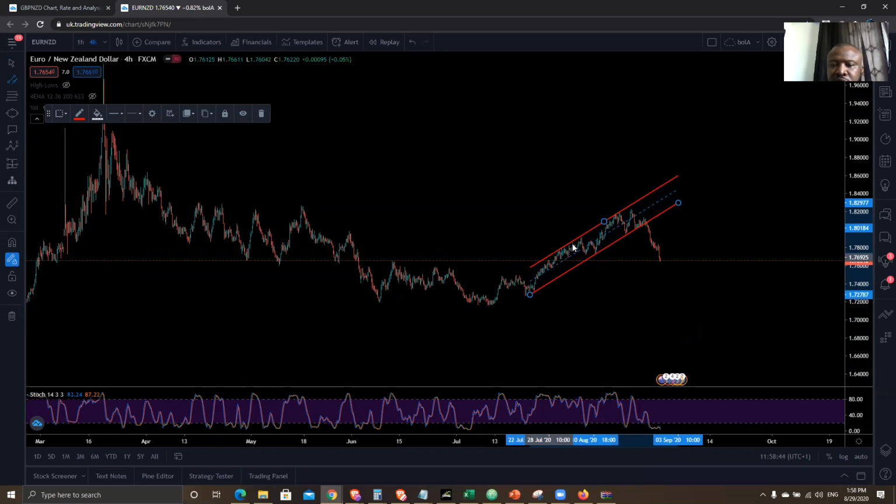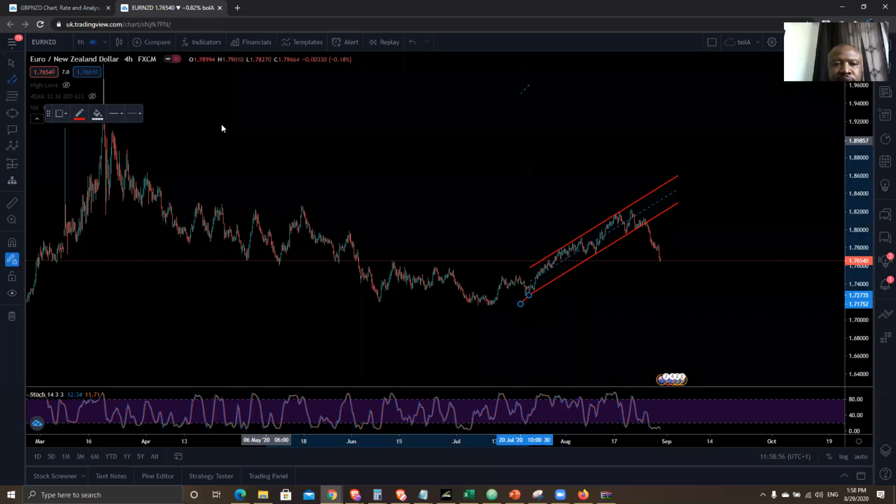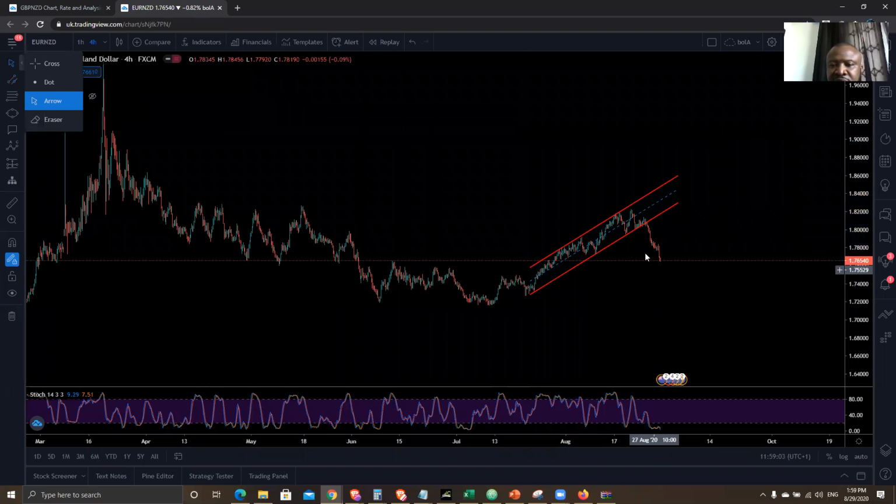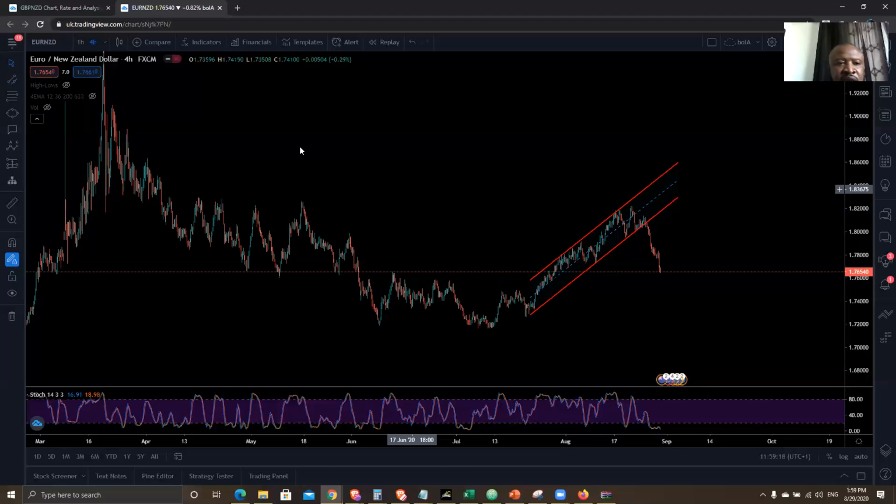So, and this is what I'm saying about restructure. Once you have a structure like this and it's broken, off we go. And the target will be this low, right? So this is the reason why we do multi-analysis, to actually be able to see things clearly. So when you look at this, once the structure of the uptrend has been broken, then the tap has opened. And when the tap opens, don't be thinking of any other thing more than so.